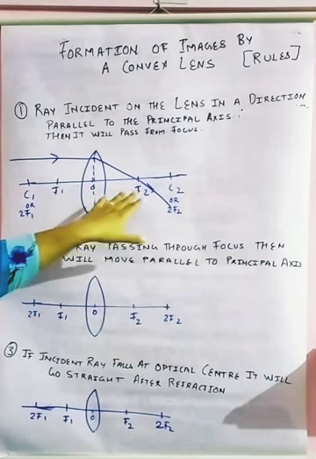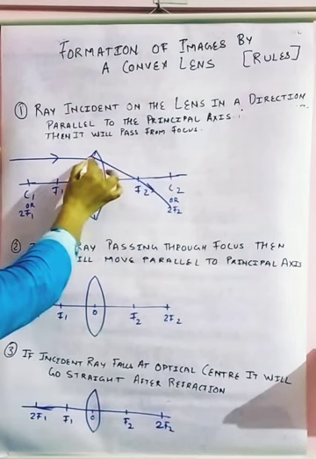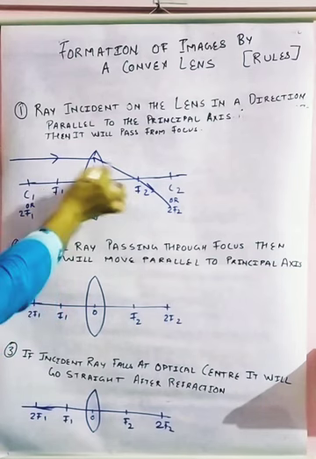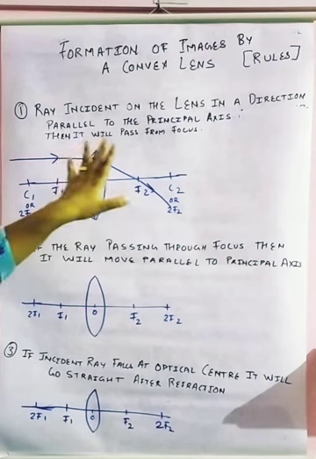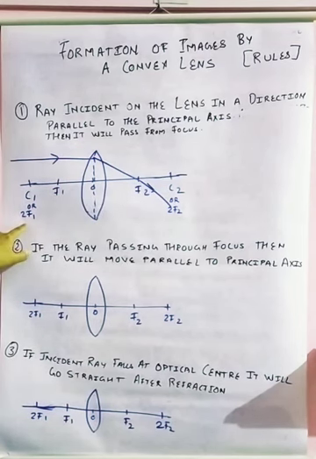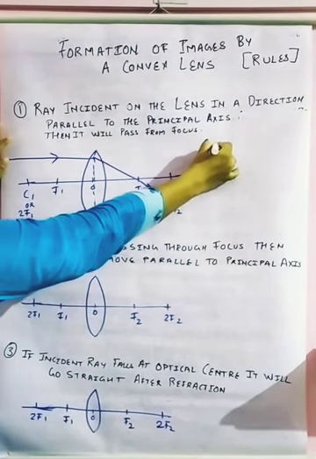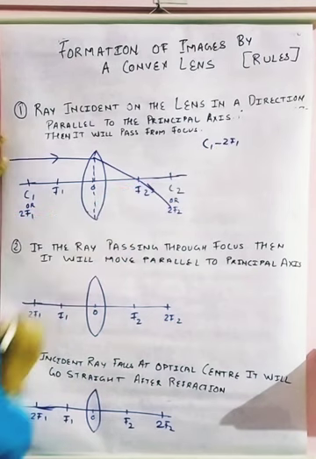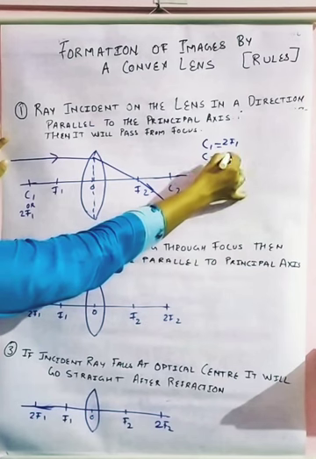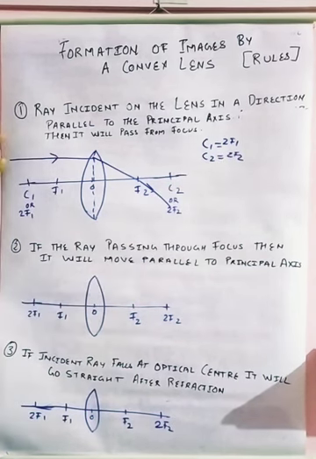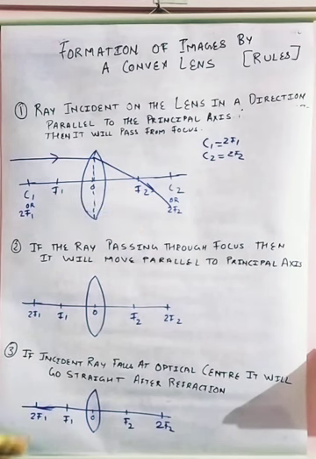Now, we can make this in the opposite way also. How? The incident ray can come from here and it can pass through the focus here, because both sides are refracting. Here, the C1 and C2 which I have written, in many books you can find they are using the term 2F1 or 2F2. This is nothing but the center of curvature. So you can either use C1, C2 or 2F1, 2F2, because it is twice the focal length. That's why we write 2F1 or 2F2.